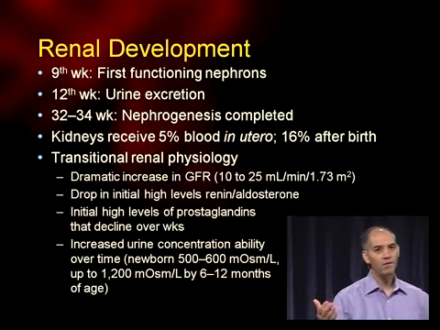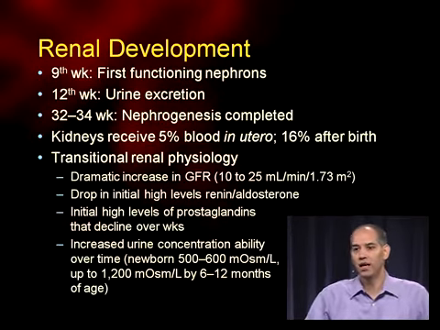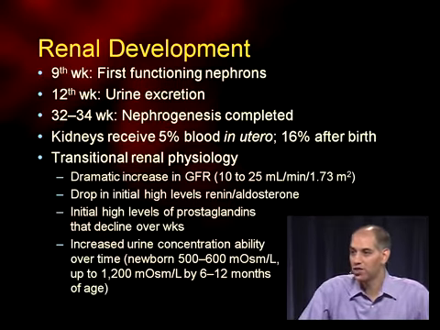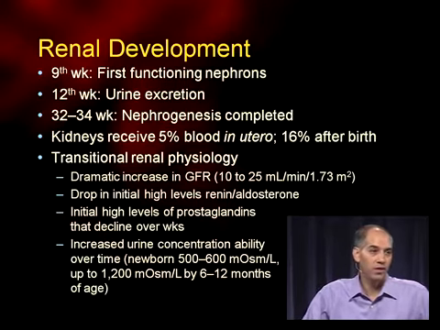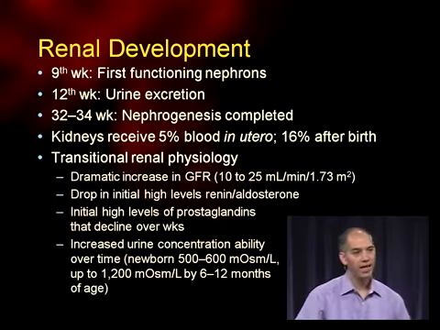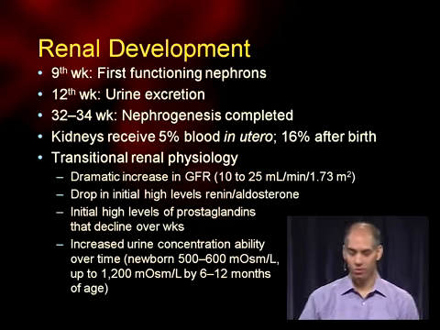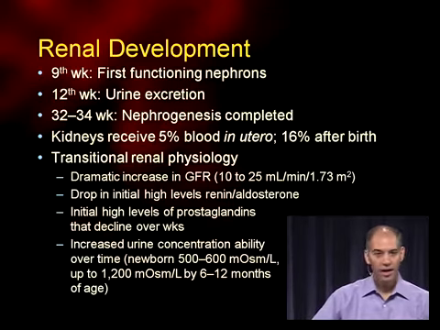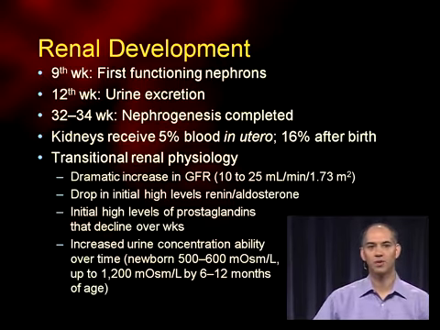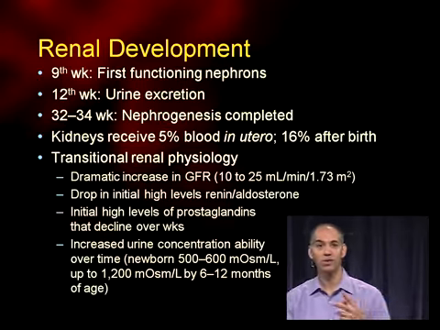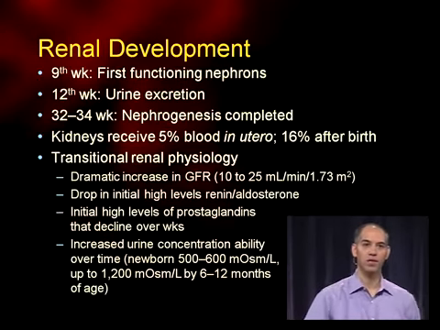And so we first start having kidney function at 9 weeks of gestation. We first start making urine about 3 weeks later, or 12 weeks of gestation, and nephrogenesis is complete somewhere around 32 or 34 weeks of gestation. The kidneys don't do a whole lot in utero because we have this wonderful organ that clears away our toxins called the placenta. After we're born, literally, we have to cut the cord and do this on our own, and